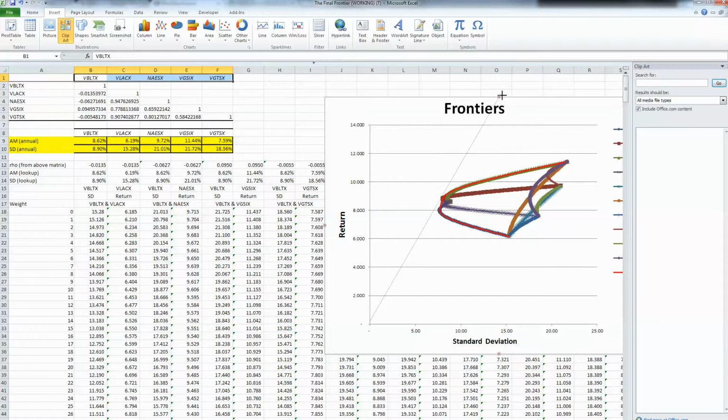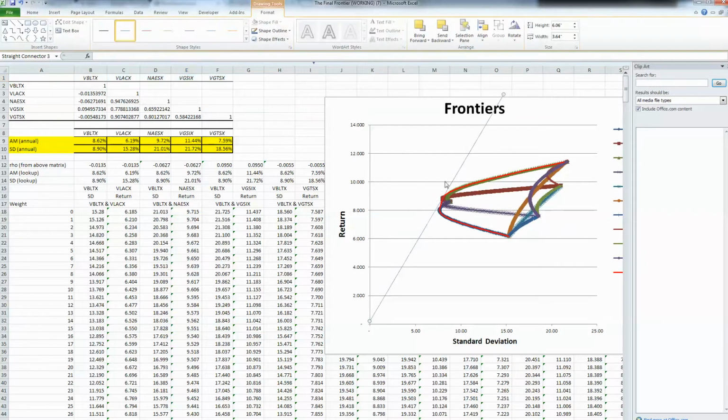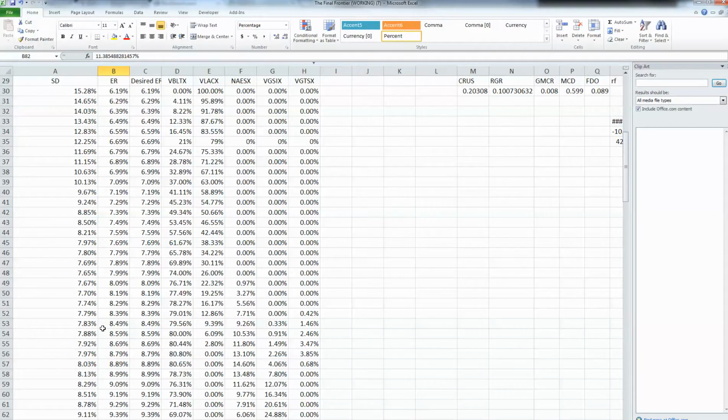So I'm going to draw my line, my capital allocation line, until it's tangent to the efficient part of the frontier, which happens at about right here. So I'm just trying to hover my cursor over that red frontier until it pops up and tells me about what the expected return and standard deviation is of that point. And I can see that it's a standard deviation of 8.29 and a return of 9.085. So now I can pop back to my efficient frontier tab,